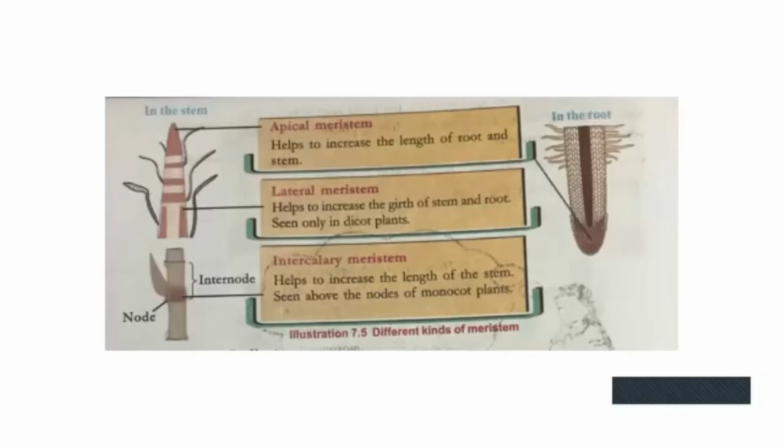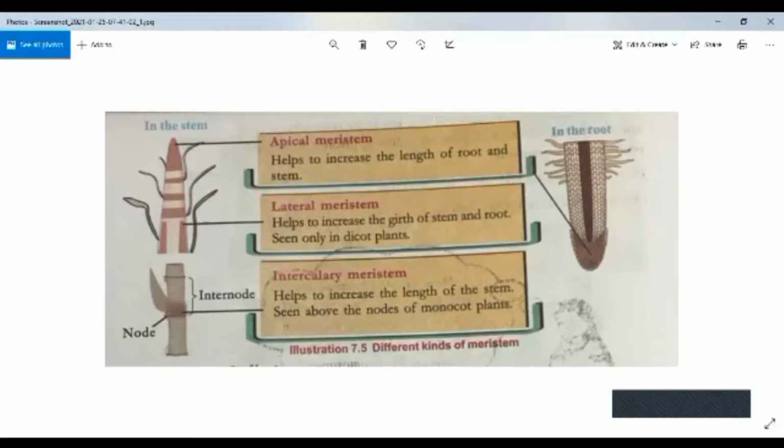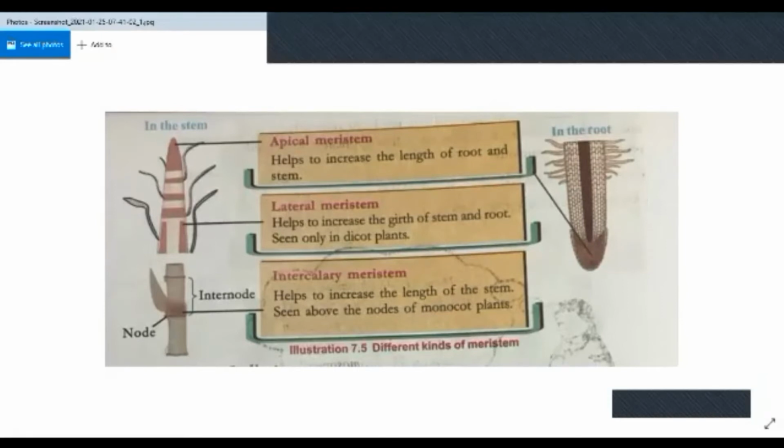Dicot plants means plants whose seeds have two cotyledons. So in dicot plants, the lateral meristem helps in increasing the girth, the thickness of the stem and root. Then intercalary meristem helps to increase the length of the stem above the nodes of monocot plants. Monocot plants means only one cotyledon is present, and you can see in the picture